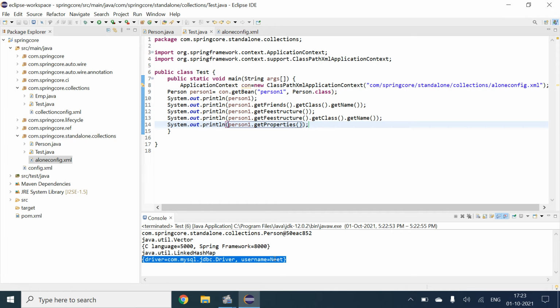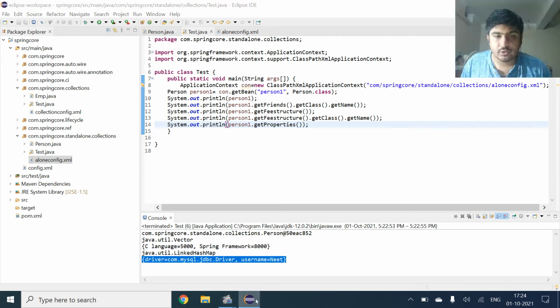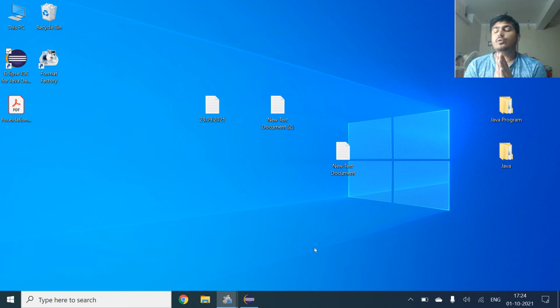Now we have stereotype annotations, in which we use the component and value annotations. This was a big tutorial which I have covered now.